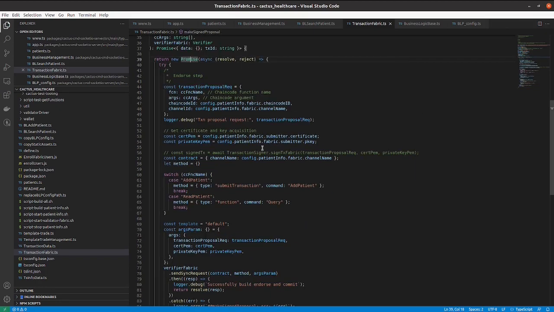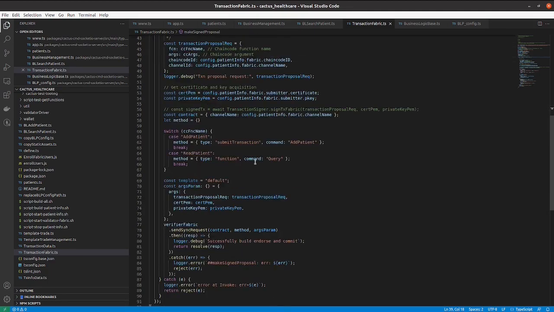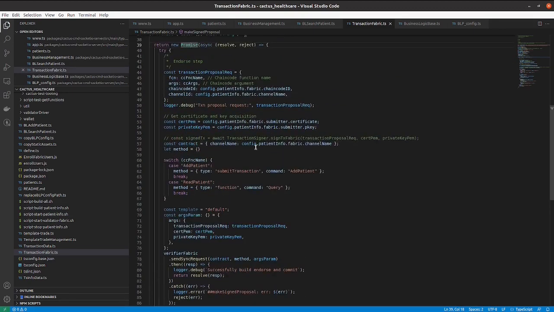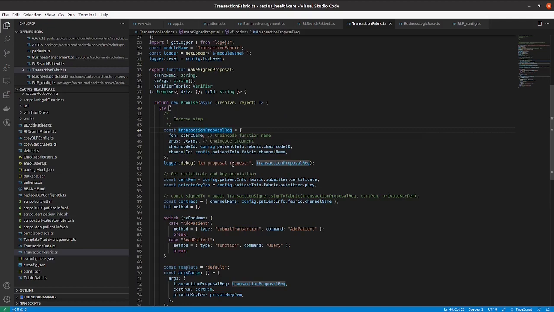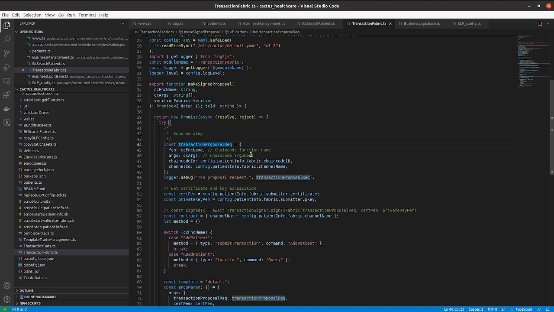So if any error happens, it would be converted to a rejection and return an error object. If the promise return value is not in a proper format, then it will throw an error. Creating a dictionary transaction proposal request. So the entire purpose of this class is to create a signed proposal that we will be using to send request to the Hyperledger Fabric service.